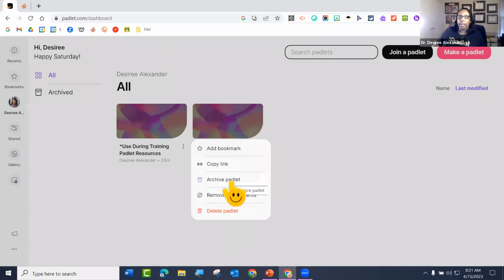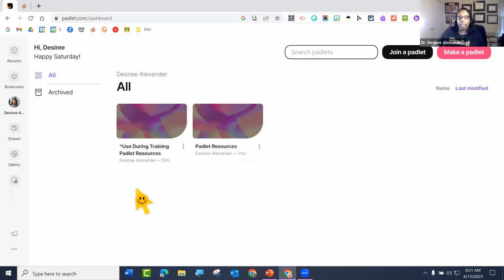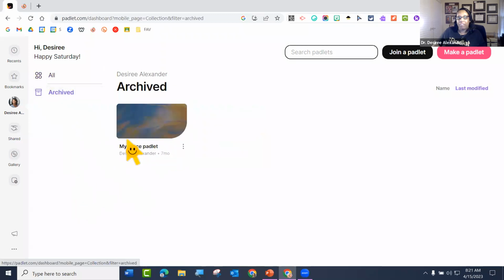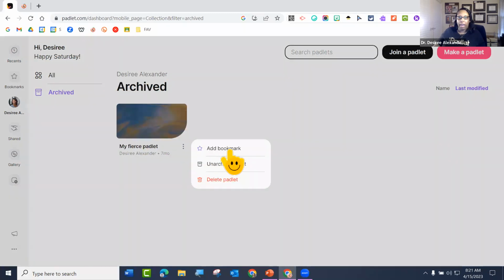You also have archive Padlet. So notice right here, we have all and we have archive. So you can archive a Padlet. So you see how I have one archive where it's not in my count, right? Because remember, I don't know if you remember when I went to settings, it said I had 2 Padlets already done. So if I wanted to take this out of archive, I can just unarchive it. So what that means is it kind of opens up your world where you can have 10 million Padlets, just archiving them all and only keeping the 3 that you need current.